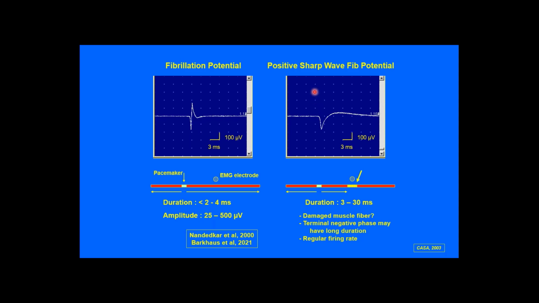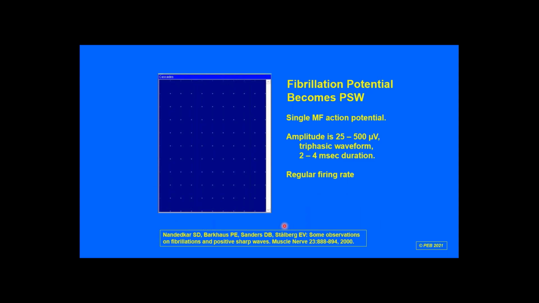Now, positive sharp waves are non-specific. They're only a fibrillation potential when they behave like a fibrillation potential based on their rhythm and discharge, etc. And we tend to record these when the electrode is near a non-functional part of the membrane and the pacemaker is discharging here, and with only sensing this incoming wave of positivity, and there is no depolarization because there's no viable membrane here. And these can have various possible etiologies. Now, can a